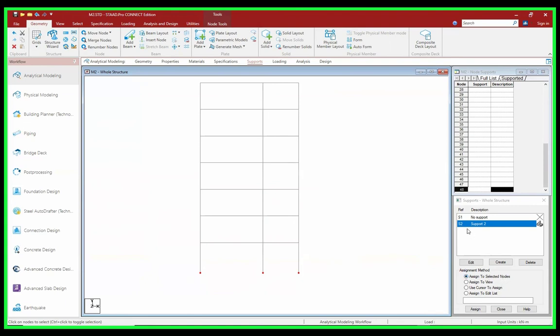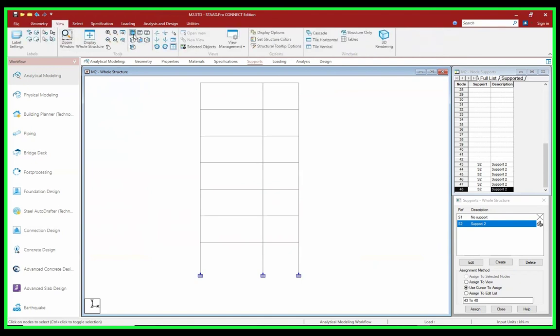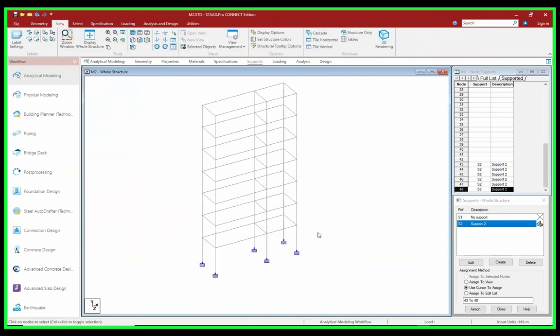I want to assign support number 2, which is of fixed type, to the selected nodes, the nodes that I have selected. So simply click on assign, right? So you can see all the nodes at the base are assigned fixed support.